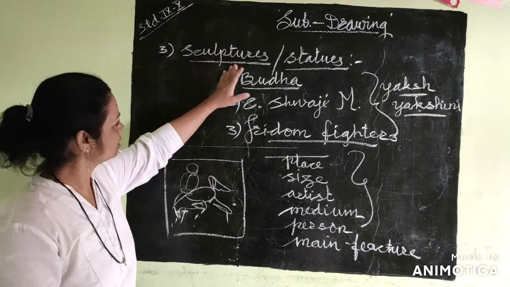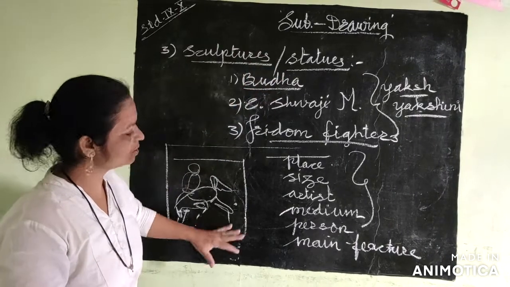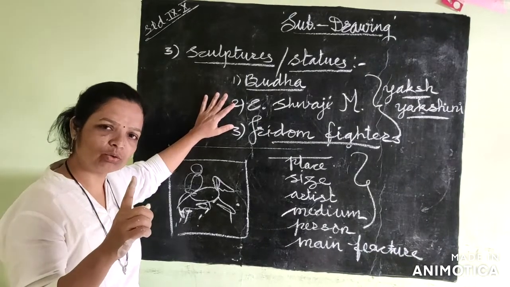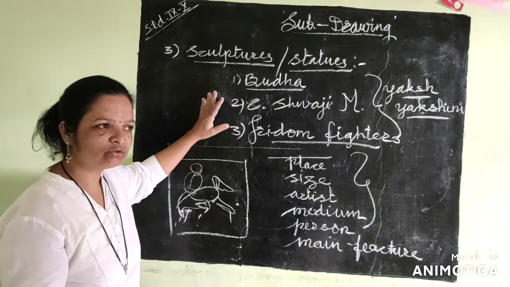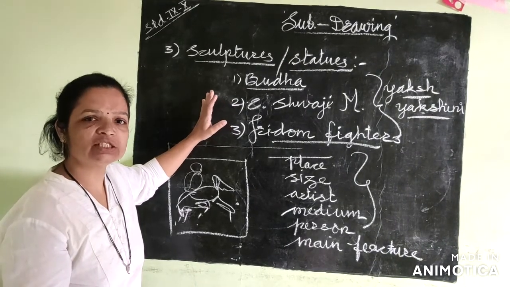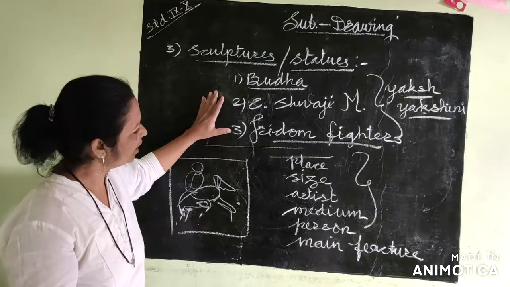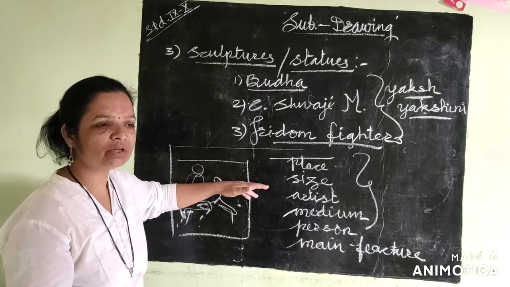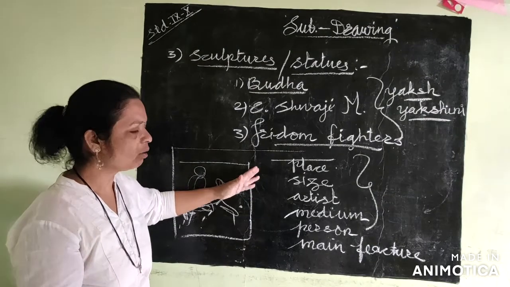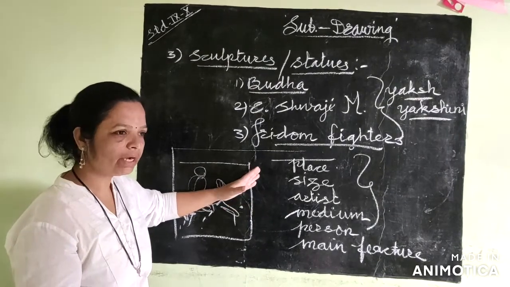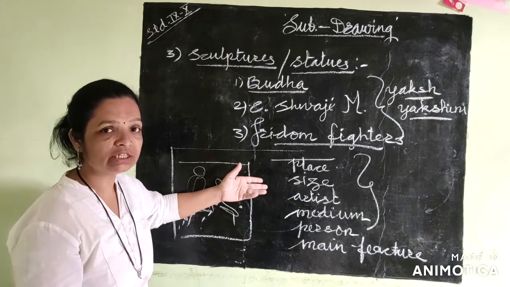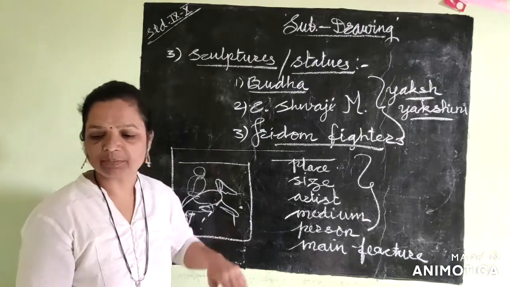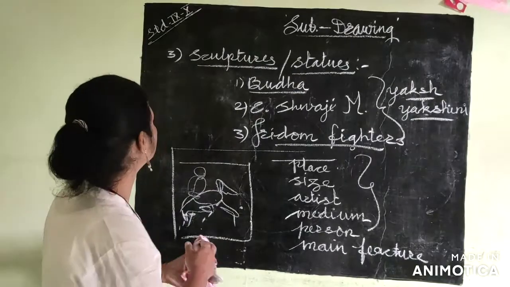In this way, sculptures and statues is a very vast topic. Think about only one statue, find out the related information, its picture and the main features, why it is popular and how it is popular. Who made it, and where it is found in India. Write down the related information about that sculpture.